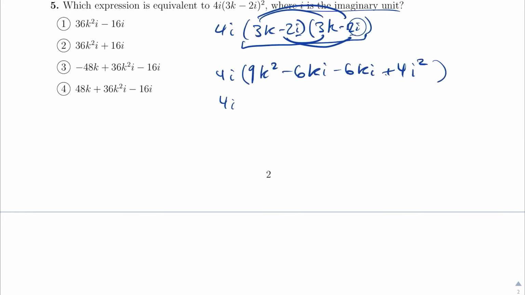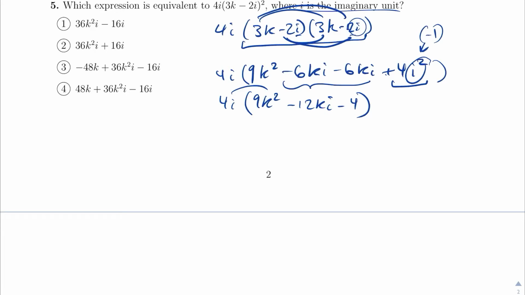I'm going to simplify this completely before I continue on. So this is 9k squared. Combining like terms here gives us minus 12ki. Oops. And then this is plus 4 times negative 1. So that's going to be minus 4 in total. Then we distribute the 4i, so we get 36k